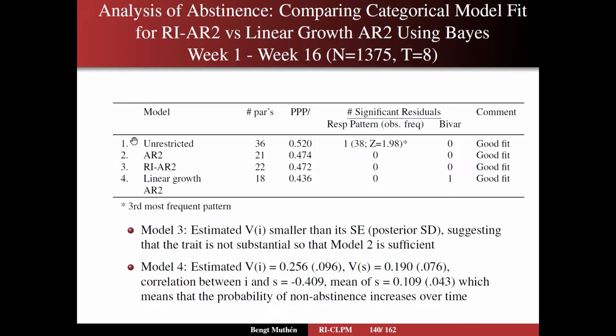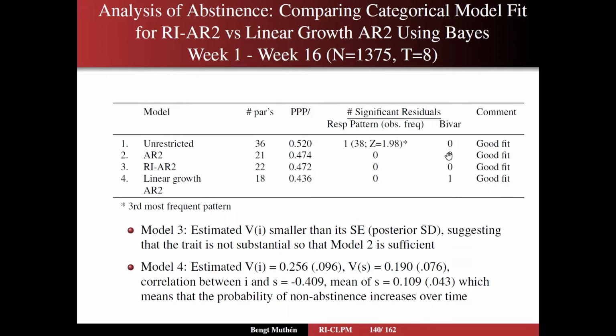So first of all, we take a look at the unrestricted model for the binary, which I don't think we did earlier. We looked at the polytomous alcohol risk variable in the unrestricted case. But here, the unrestricted binary version fits quite well. We have one misfitting response pattern here. However, it's the third most frequent pattern, so it's not the most frequent at least, and the z-score is only barely above 1.96. So I would call that a good fit,